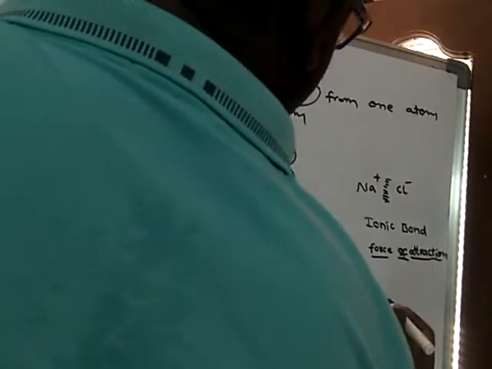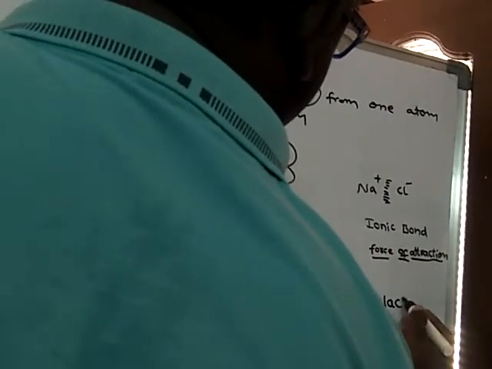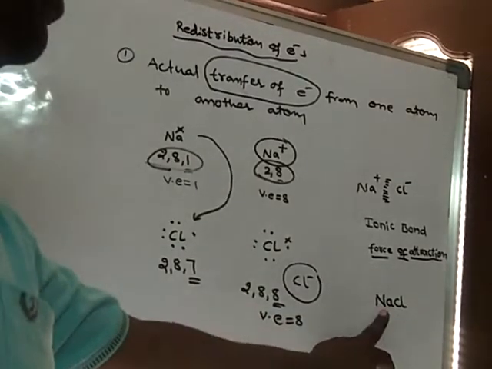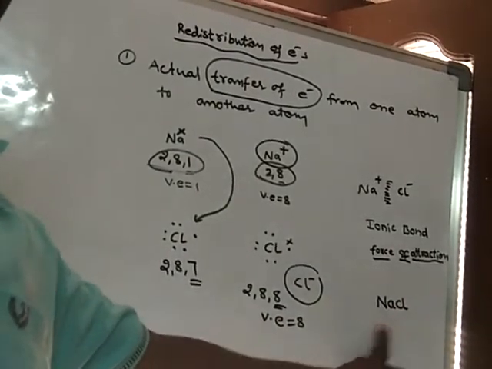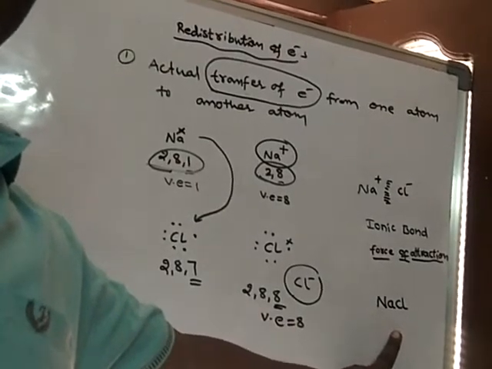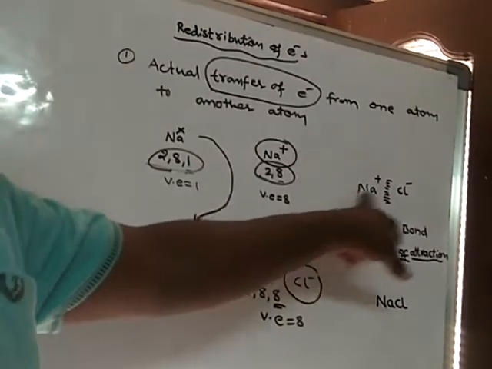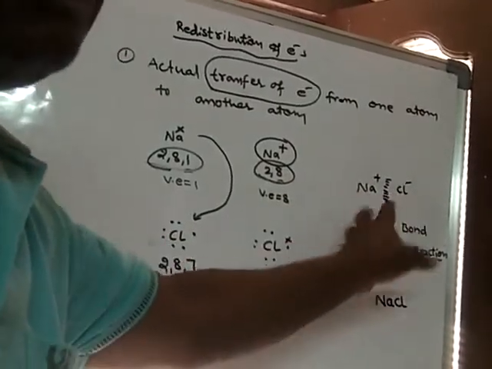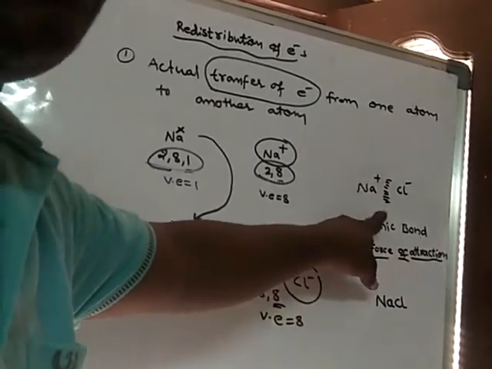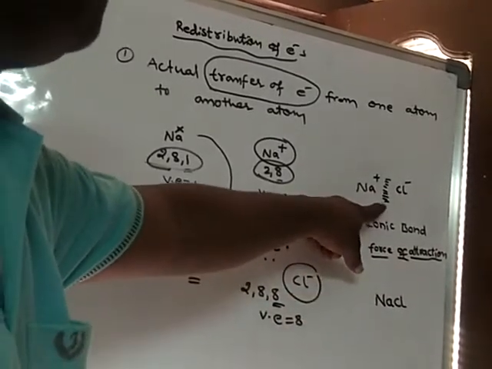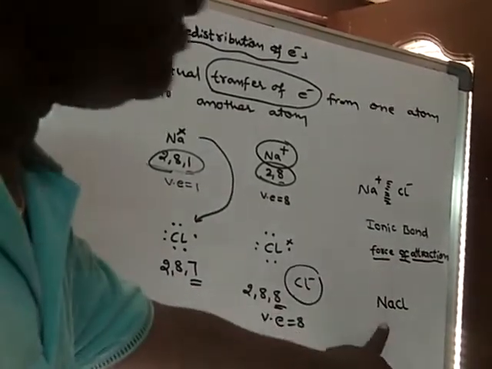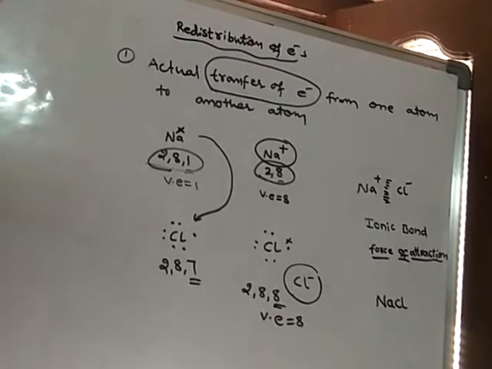Here, in the formation of NaCl, the NaCl molecule is formed. Sodium will combine with chlorine. How do they combine? In this combining process, sodium will lose one electron completely to the chlorine atom and convert into Na plus, and chlorine will convert into Cl minus. As a result of the oppositely charged ions, some force of attraction is developed. That force of attraction will bind these two ions together and form NaCl. So in this way NaCl is formed.